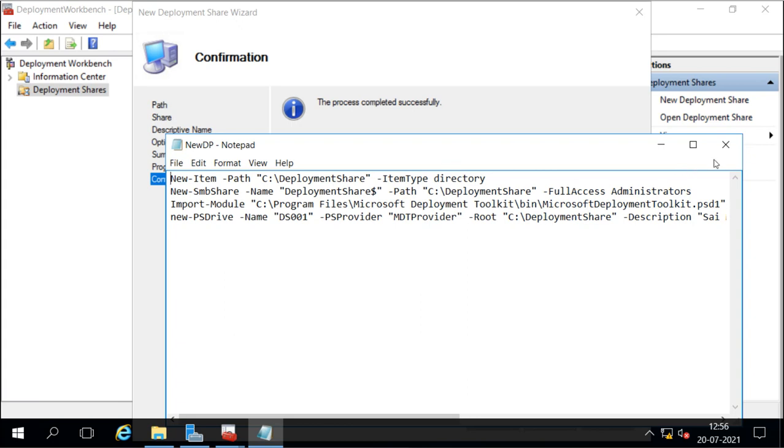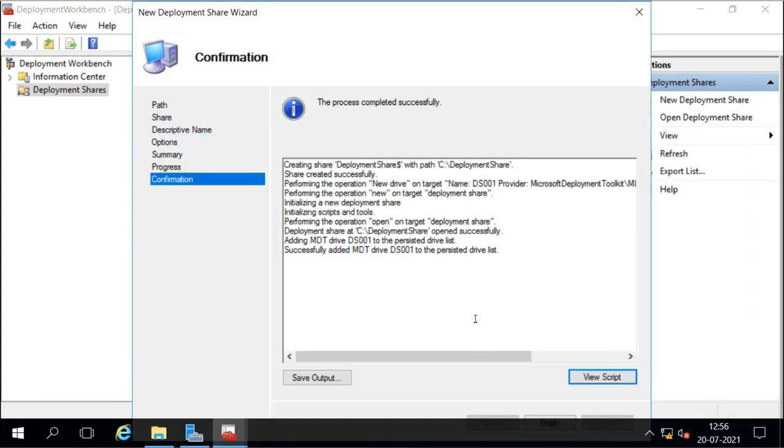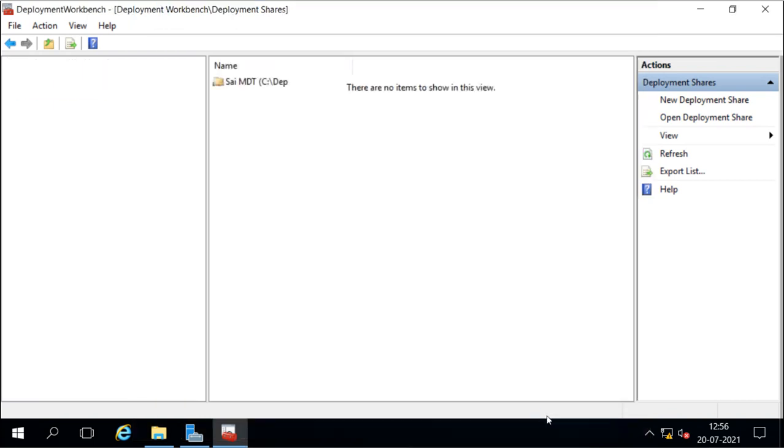We can also save the output you are seeing here, whether it is successful or failure, and now finish. So now the deployment share is created. This is the directory, and this is the name, the description name for this share. Now when I open this, I will see all these options.